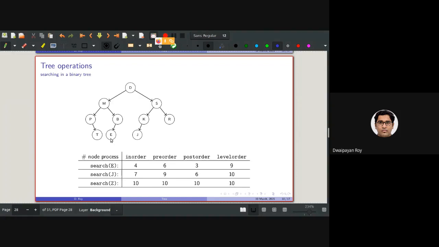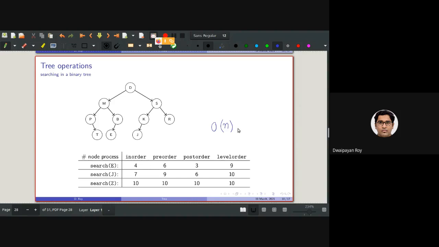We need to check each and every element in each and every traversal technique that we have discussed. So if there are n elements altogether in the tree, it will take order of n time to search for an element in the tree.